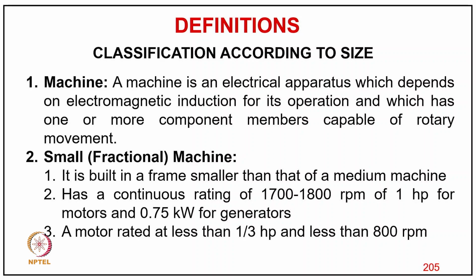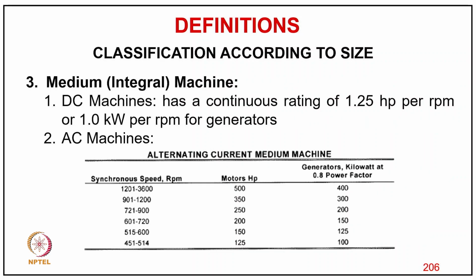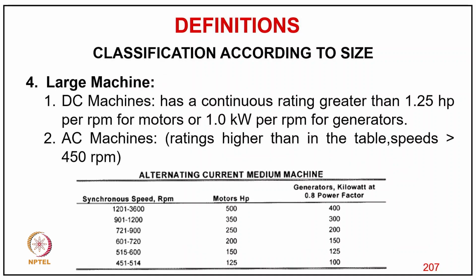Then a medium machine has a continuous rating of 1700 to 1800 RPM for 1 HP motors or 0.575 kilowatt generators, and motors of less than 1/3 horsepower or less than 800 RPM. So we have medium or integral horsepower machines, DC machines with a continuous rating of 1.2 or so to 1 kilowatt, and AC machines of course with different speeds and different horsepower, with different kilowatt and power factor. Large machines like a DC machine of continuous rating of 1.2 to 1 kilowatt, or AC machines even for more